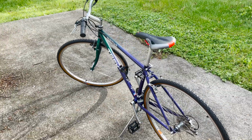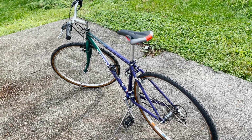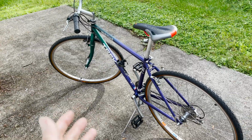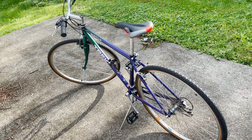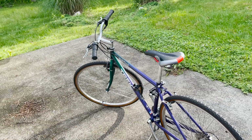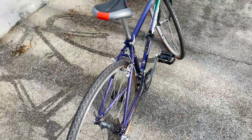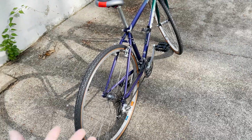Okay, a lot of other frames around this era, and also some 26 frames, are actually weighing up to 29 to 30 pounds. So this is actually a much lighter frame, and I believe it can definitely go much lighter with the upgrades on the chromoly replacements. Okay, and it actually rides super smooth. Like there's no complaints. The moment I got on the bike, it just shifts really nice,